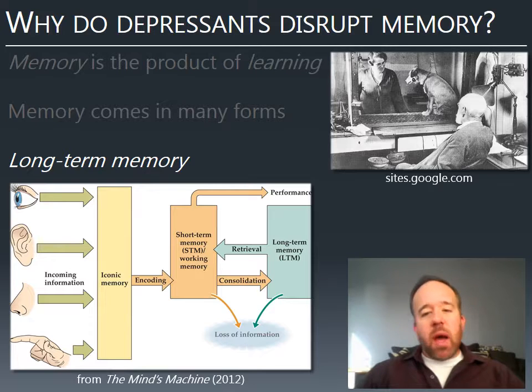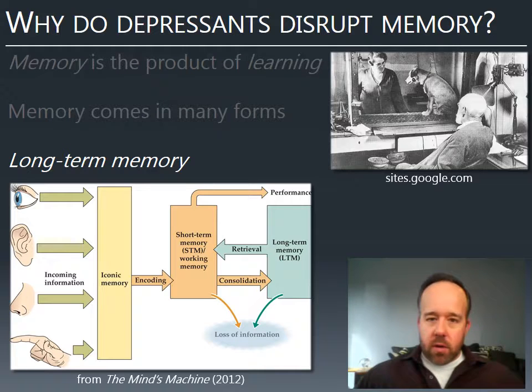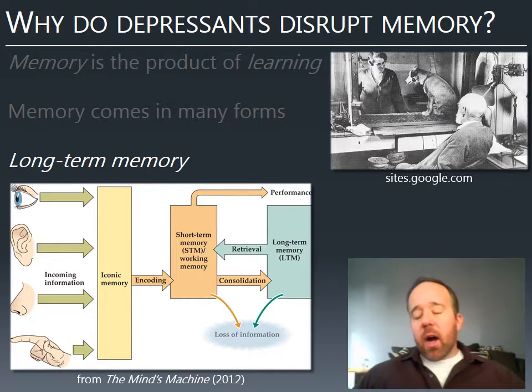And so on the right here, we see a famous example of a certain kind of memory, and this is Pavlov and Pavlov's dog. What Pavlov did was train a dog to associate the ringing of a bell with getting food. And this is what's called classical conditioning. Again, we're not going to go into the details, but the idea is the dog learned to associate a bell ringing with the idea that food was coming soon, and so it would start to salivate.